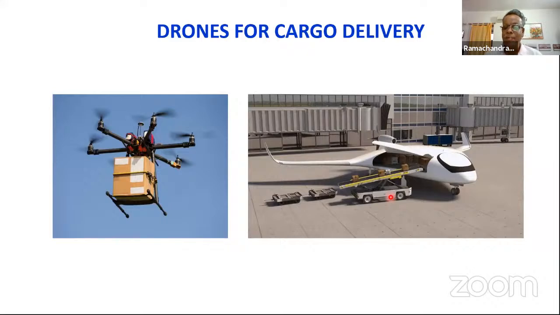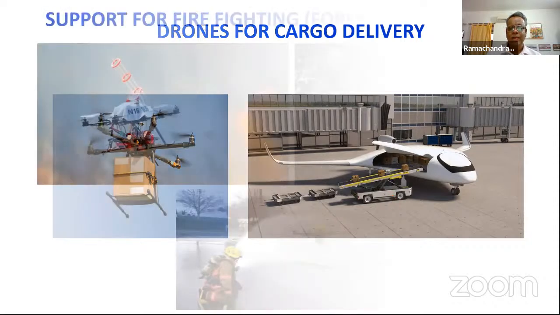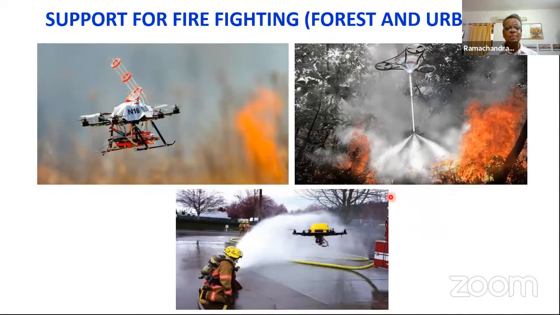This looks like a mini transport aircraft, just as big as that. You can see things are being transported. And this is an area where you must put in some effort. And firefighting, if there's a fire in the center of Hyderabad or in Bangalore or Delhi, for example, in a tall building, it's very difficult to reach in time. Firefighters won't go there. Even if they reach, they may not be able to reach the 32 floors, 20 floors, and so on. So here is what